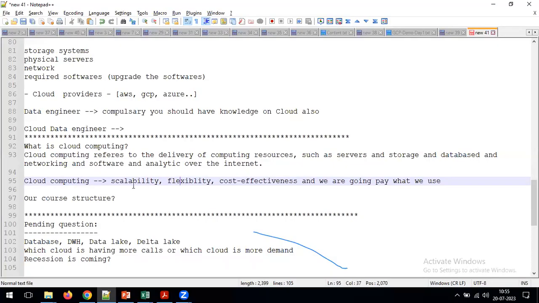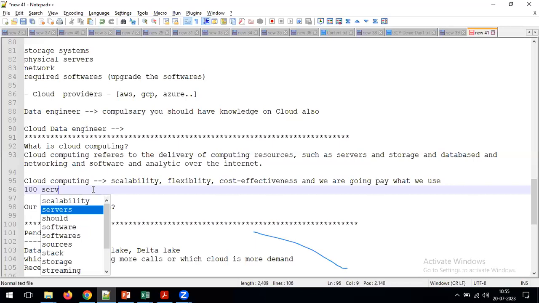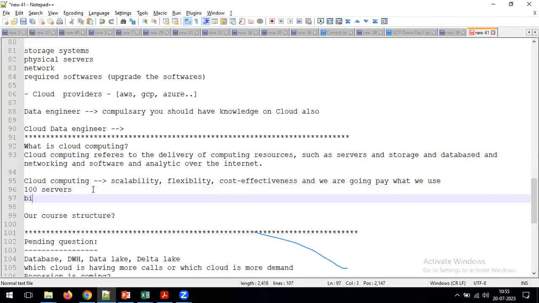Now immediately people will ask the question, sir, what is the meaning of scalability? Earlier someone asked how we can maintain the servers and everything. For example, today you are maintaining 100 servers. Let's take the Flipkart example. Today they are maintaining 100 servers in the backend. But tomorrow, for example, they are starting the Billion Day. If they start some kind of offers or a Billion Day, then on that day, will traffic to Flipkart increase or reduce? Increase. Definitely traffic will increase.